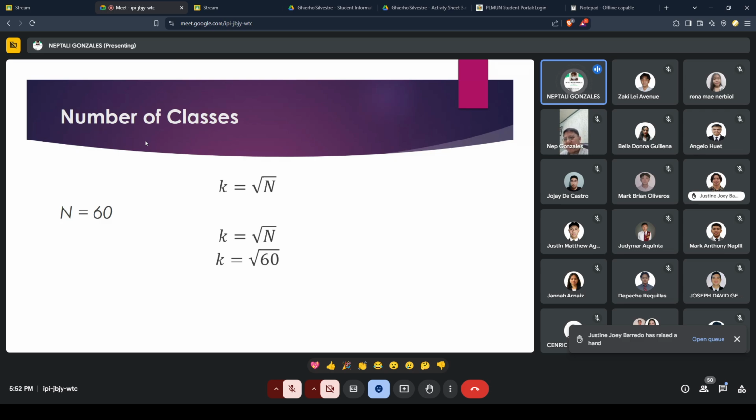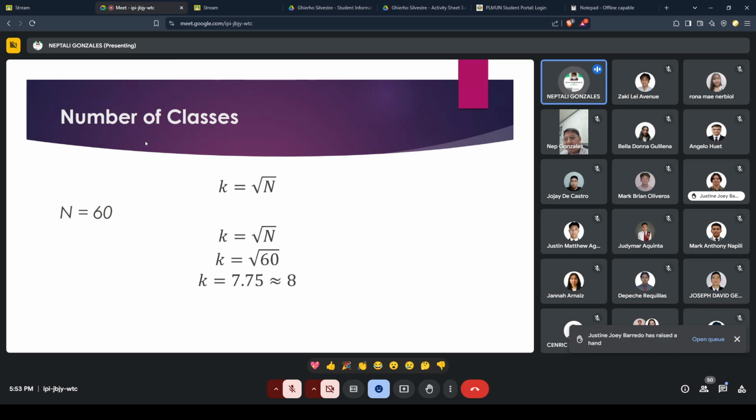Using your calculator, the value of K will be... 7.7. So K is equal to actually